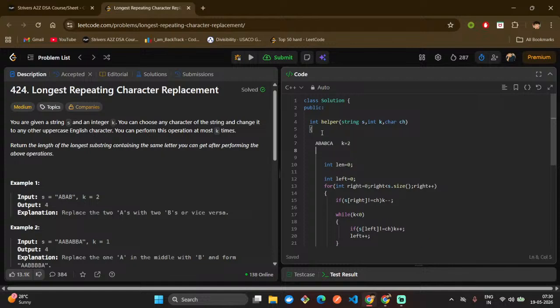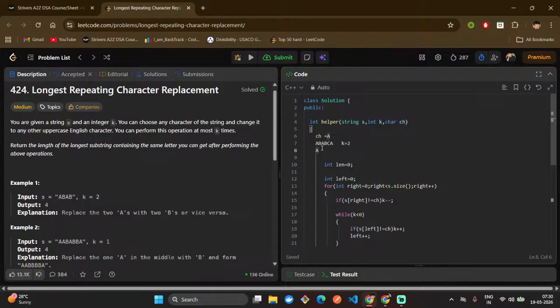Here we take ch equal to a. And if b is not equal to a,